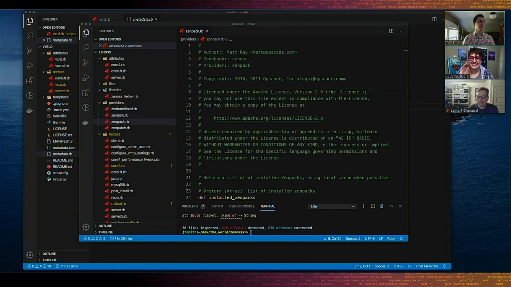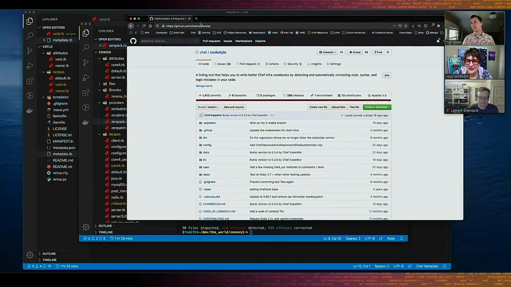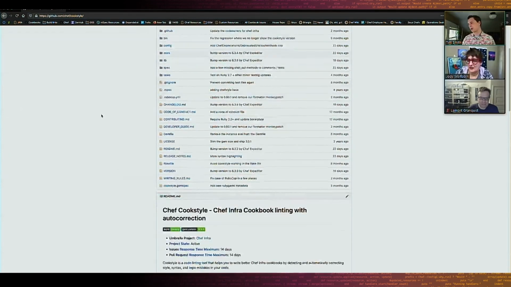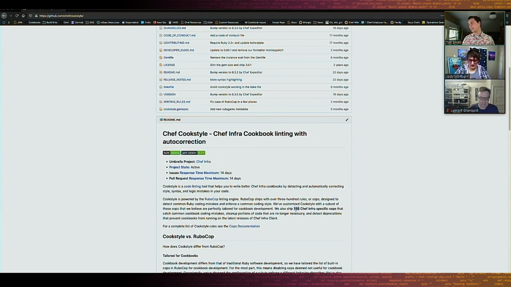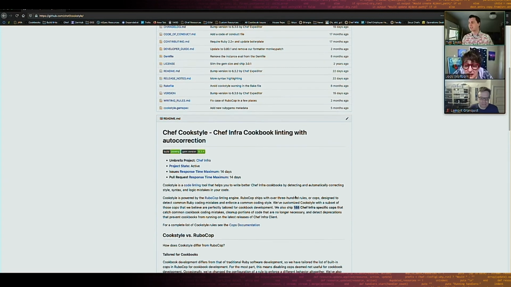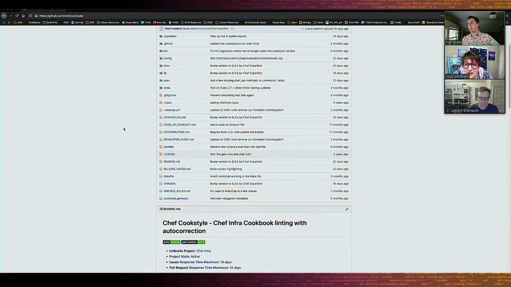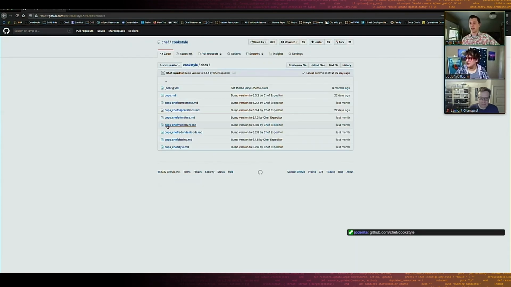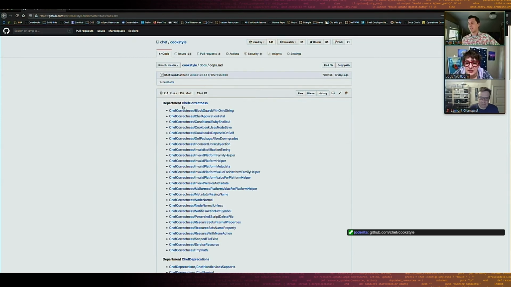So I can pull up the actual Cook Style repository. If you haven't checked this repository out, it's pretty handy. You don't need to look at the actual code in it. 188 is the number of cops we have. This auto updates. But in this repository, hopefully not in this repository for long, the docs all get generated on each merge. So every time a new cop gets added, they go into this docs directory, and you can hit the cops.markdown, and this is all the cops.